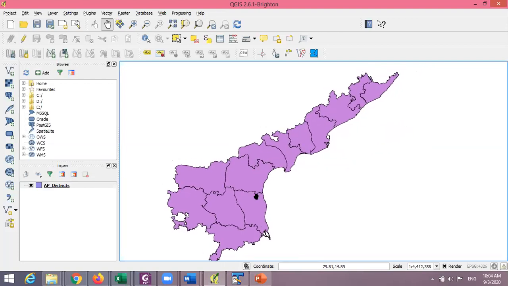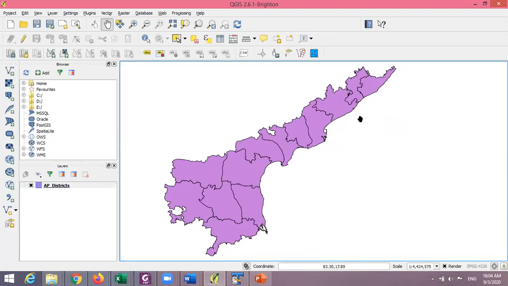All right, so you're able to see this map of Andhra Pradesh, which shows the different districts, right? So there are about 13 districts in Andhra Pradesh. So you can see all of them. This district where IIT Tirupati is located is in Chittoor district. Okay, so this is Chittoor, the southernmost district of Andhra Pradesh, and this is where our campus is. All right. So now, this is the spatial extent of Andhra Pradesh.